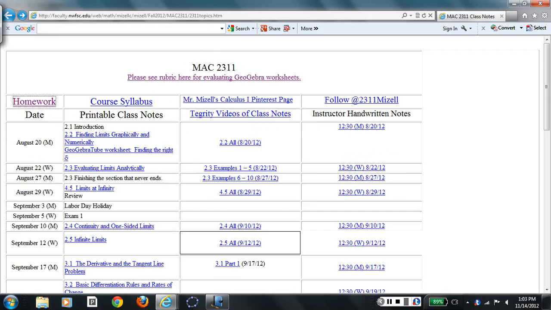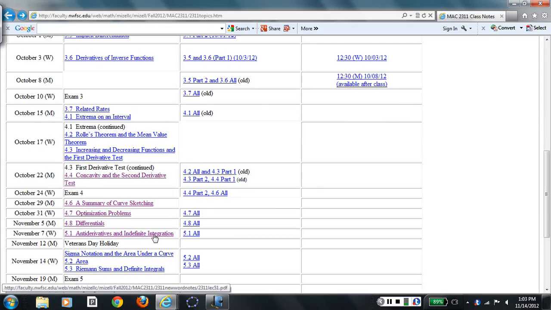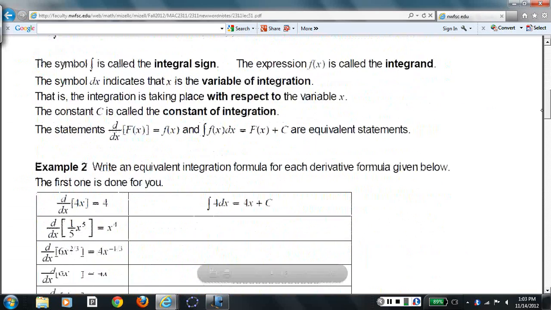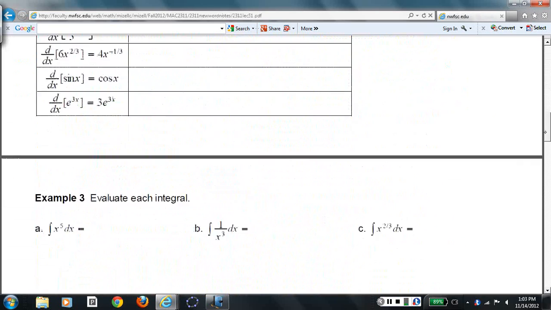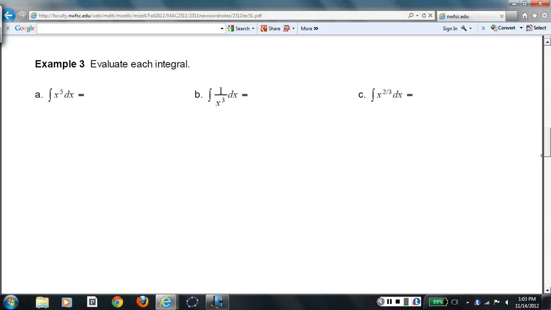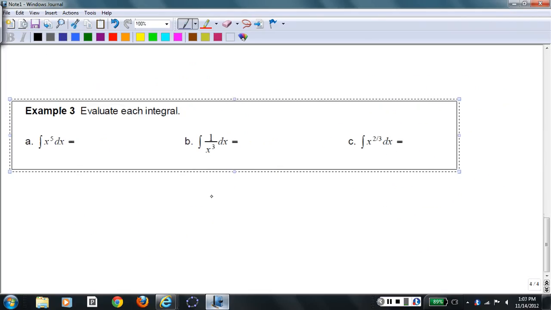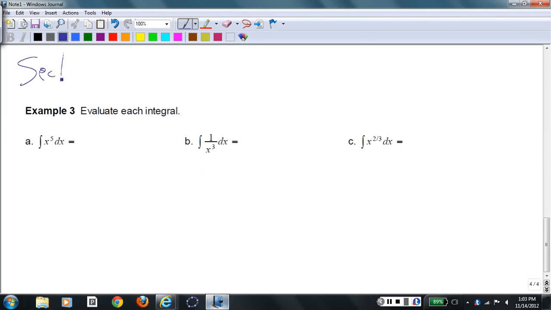All right. Let's finish up 5.1. We talked about some basic definitions there, and did we do example 3? We may not have. Let's look at example 3 from 5.1. We only did example 2. Okay. So section 5.1,